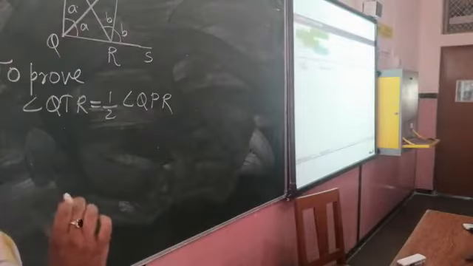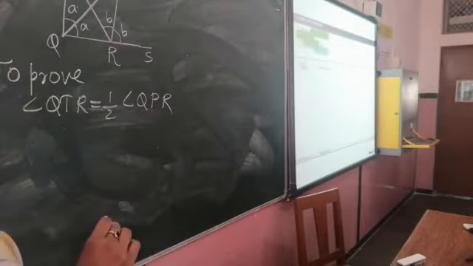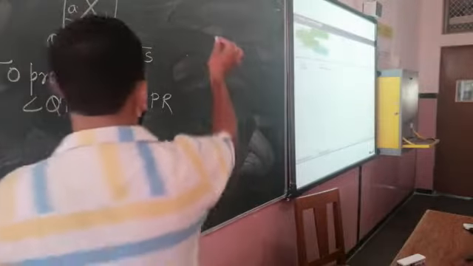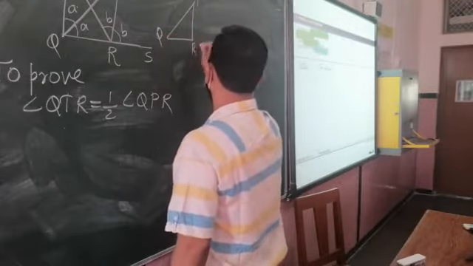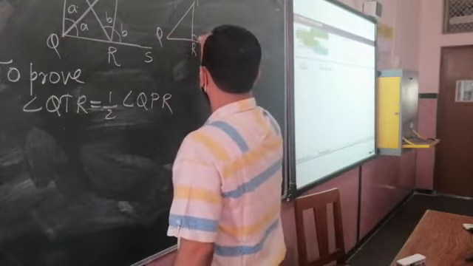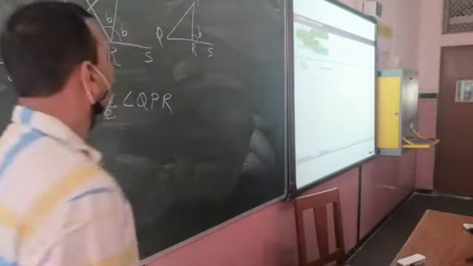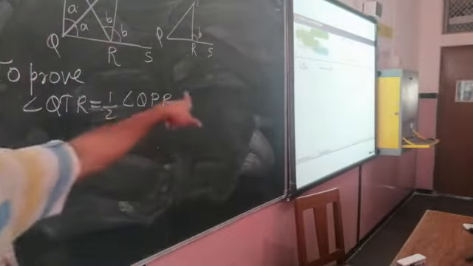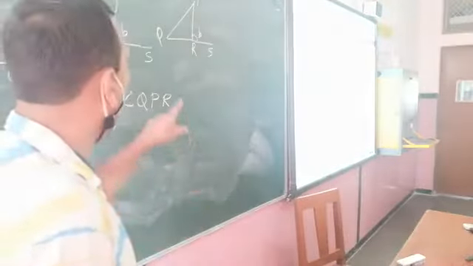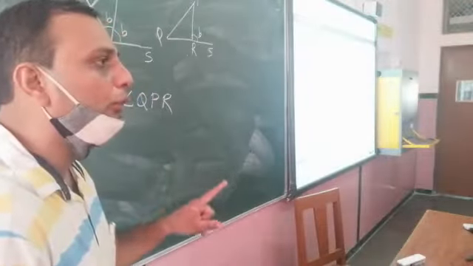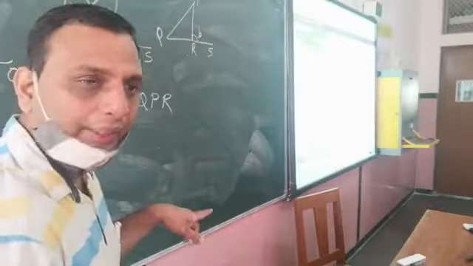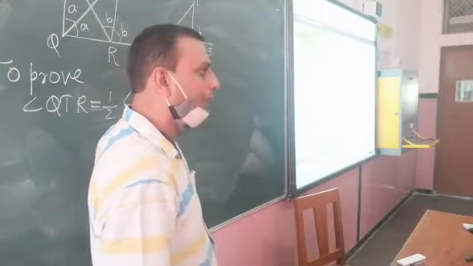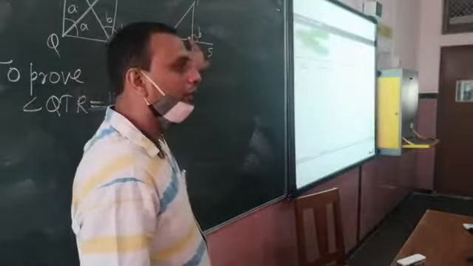Where did you read the question? Now all of you see on the board. What are we going to do? In triangle QTR, I am making a separate figure so you can understand this. This is T, this is Q, this is R, and this is S. And this angle is B. Okay? For triangle QTR, which is the exterior angle? Angle B. The angle B will be equal to the sum of two opposite interior angles. Which two interior angles? Angle Q and angle T. It will never equal R because this is the adjacent angle. Understood?